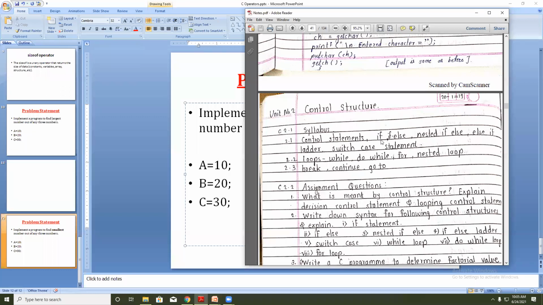Out of this, we have seen the use of if else. Again, we will have some examples. Then looping statements: while loop, do while loop, for loop, and nested while loop, nested do while loop, nested for loop. Also, we are going to look at control statements like break, continue, and goto.